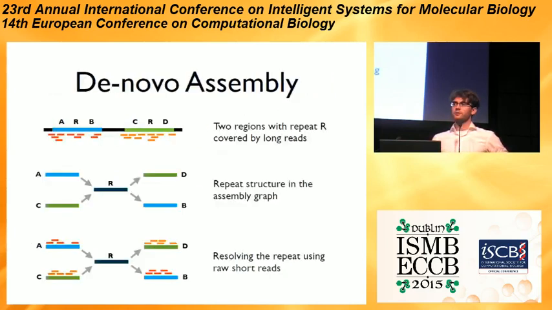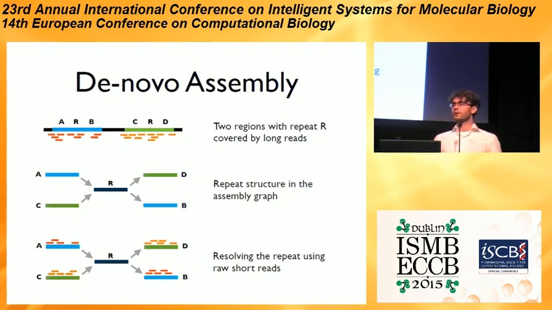Finally, the last application we are thinking about is De-novo Assembly. Currently, in order to do De-novo Assembly, one would have to first assemble long fragments from short fragments and then assemble the genome from long fragments. But to do the first step, we need to cover each long fragment with something around 40x of short reads. This is inefficient, and we are thinking of how we can reduce this 40x internal coverage to something much smaller,